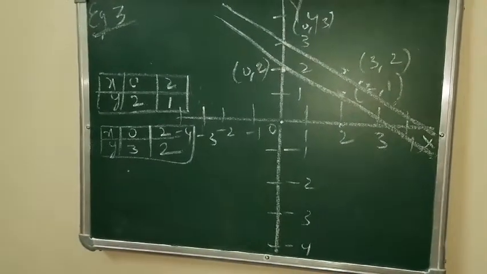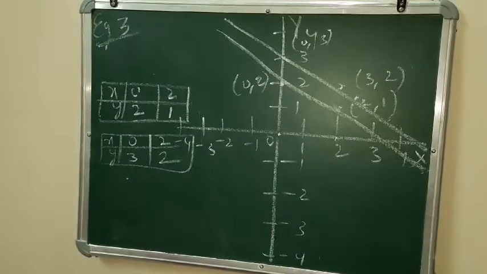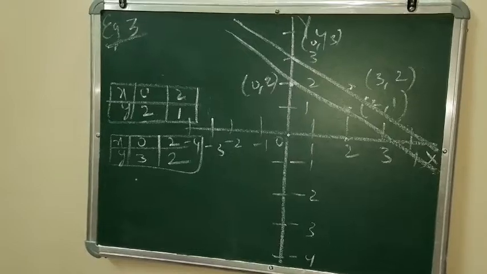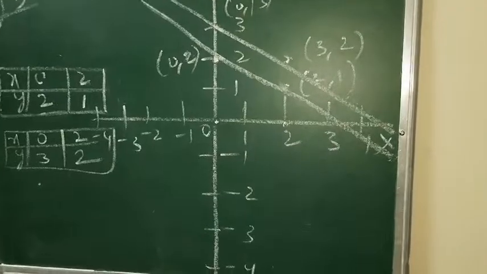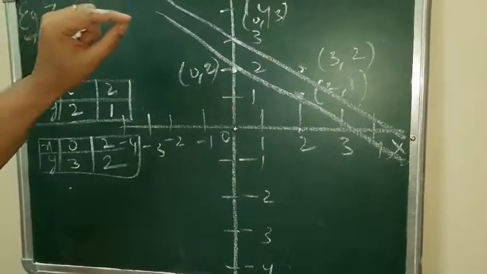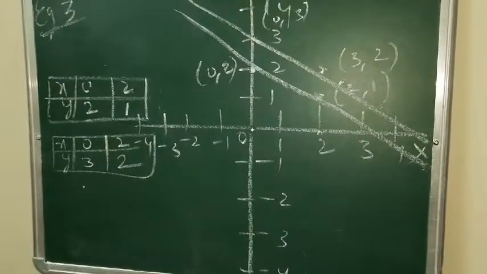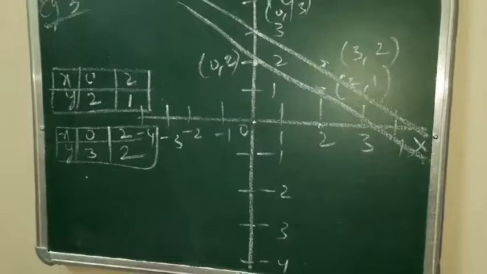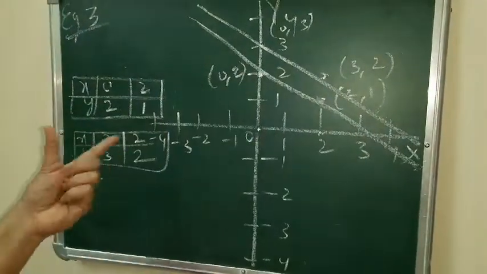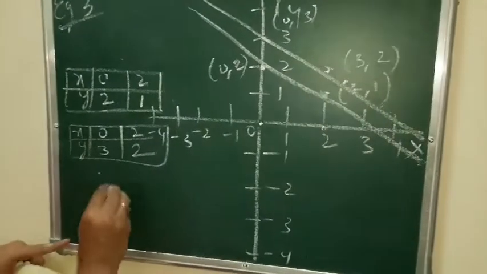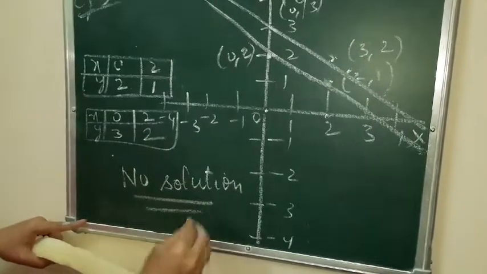So in your 3 examples, I have told you that the graph of 2 linear equations can be intersecting, parallel or coincident. Whenever intersecting lines are there and you have to find the solution, wherever the lines intersect, that point is the answer of the question. When your lines coincide, there will be infinite solutions. And when your lines are parallel, lines are parallel means there is no solution for the question. No answer can be there. So the answer will be no solution.